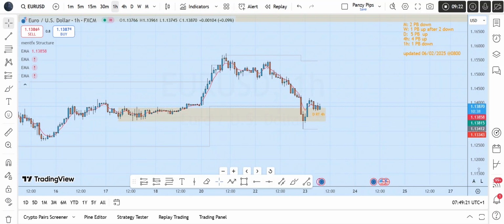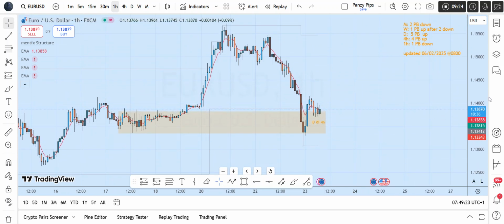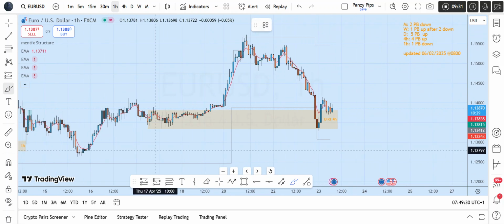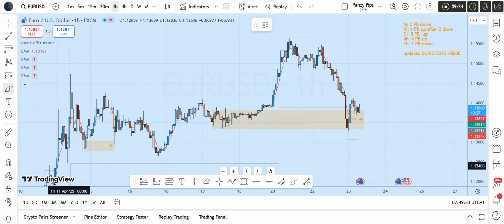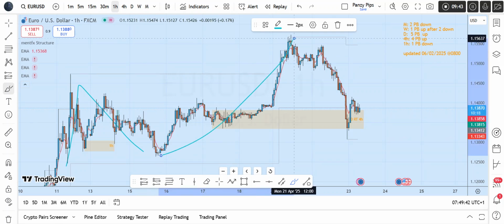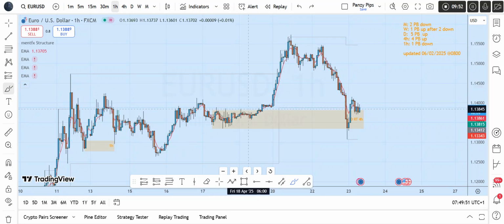Okay, now for the 1 hour, it's looking a bit confusing in the sense that the market had to break. Let me do it this way. The 1 hour came from this point, pulled back into this, and went all the way higher. Now coming back down, we're expecting to see prices come into our zone,